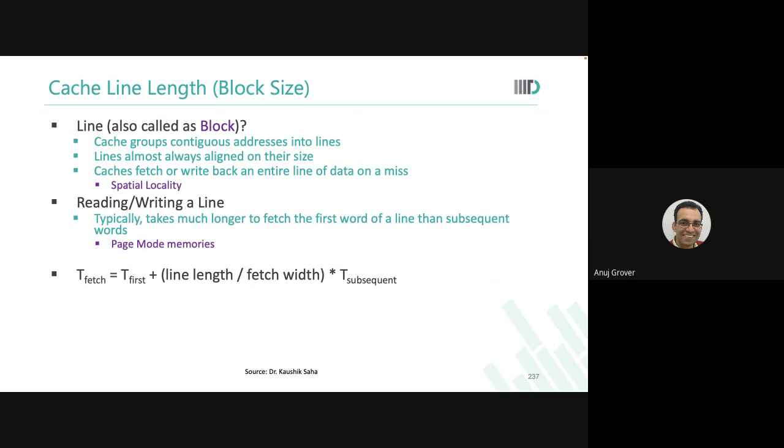See, the entire tenet of cache subsystem is locality of reference. So I know that I will need it, or that is the basic assumption on which I am operating. So instead of getting just one word, I get a large number of words. The total number of words I am getting is called line length. Is that okay? We also call this a block. And the basic tenet is that there is a spatial locality in anything that I need to fetch from the main memory. Is this point clear?